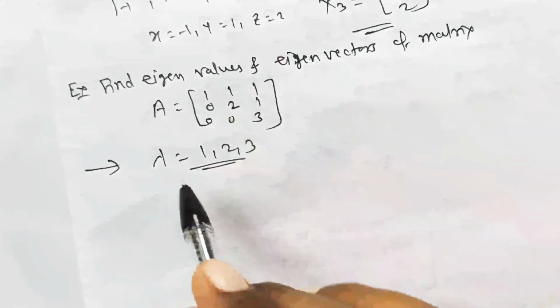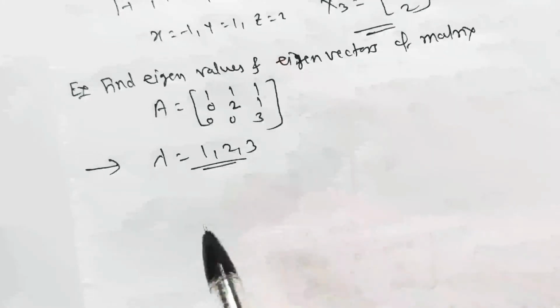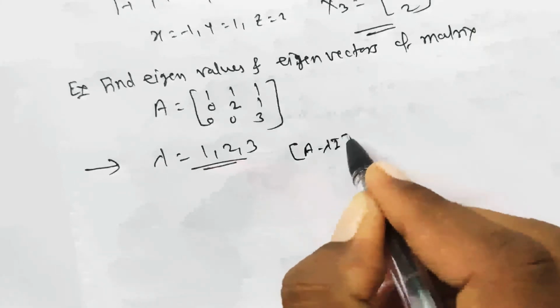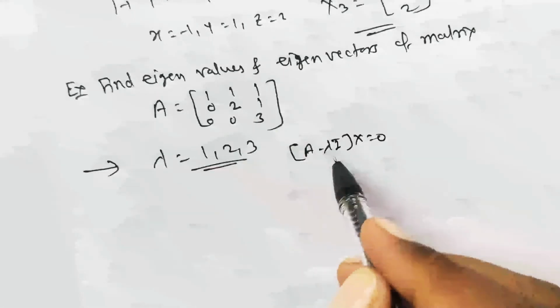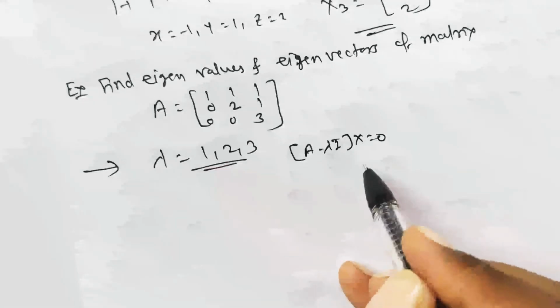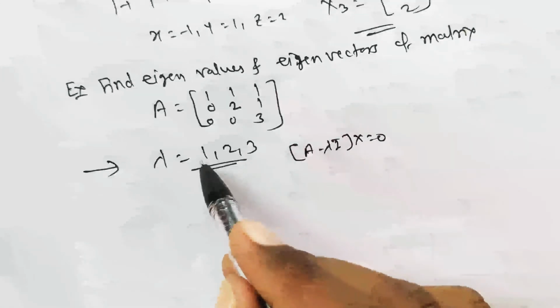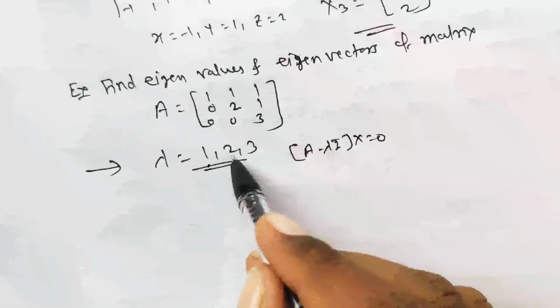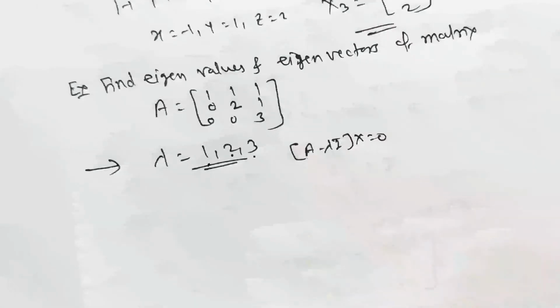So write down directly here, lambda equal to 1, 2, 3 are the eigenvalues, and you try for the eigenvectors. For the eigenvector we have to take A minus lambda I into x equal to 0. Write the A minus lambda I matrix, take x as x, y, z or x1, x2, x3, put lambda 1 by 1, find the first eigenvector for lambda equal to 1, that is x1, the second eigenvector for lambda equal to 2, that is x2, and the third eigenvector for lambda equal to 3, that is x3. So you try this.